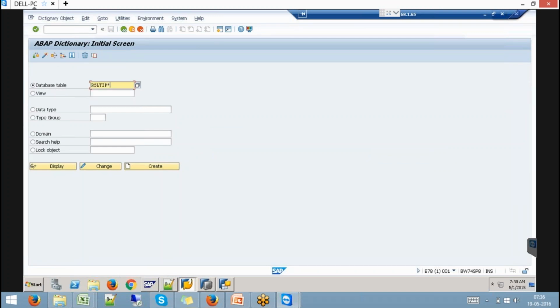Similarly, I'm collecting entries of all the tables which are related to this transient provider.